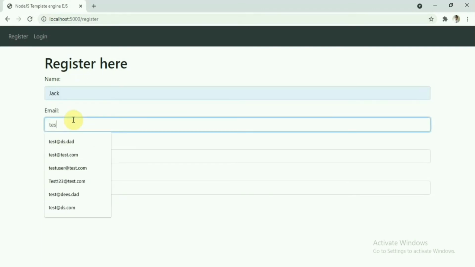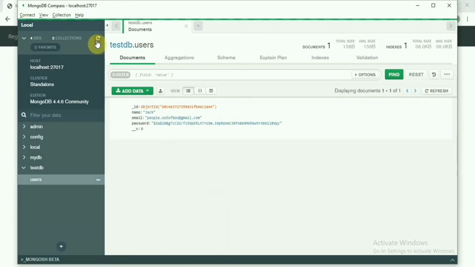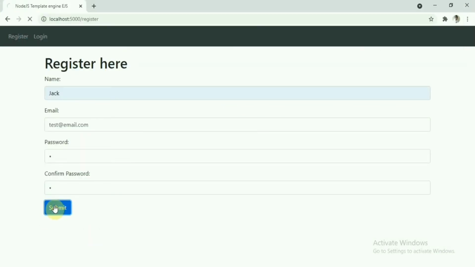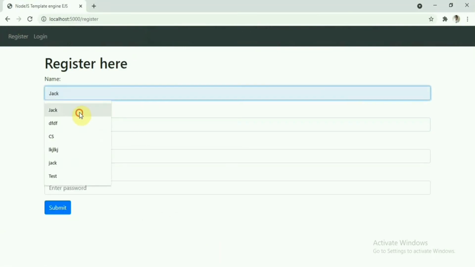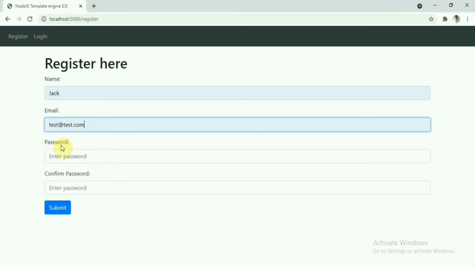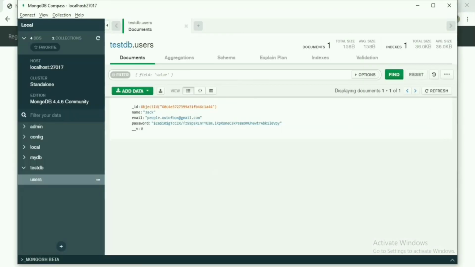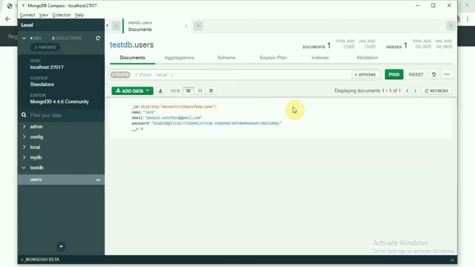So let's try by adding a new email address, and this should not show any error message. So let's see what data is available there in the database. Currently we have only one, so let's hit the submit button. Let's try by adding a new user. So Jack, and give some email, the new email, and some password. Then let's check the database. Okay, let's delete this one and try to hit the submit. It is redirected to the login page, and here we will see this data has been entered in the database. So we are good on this part.